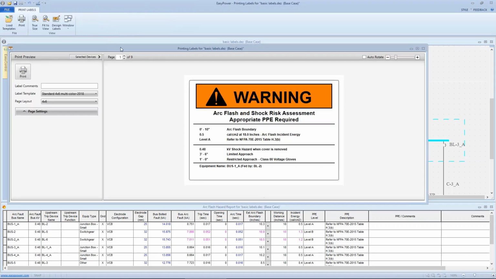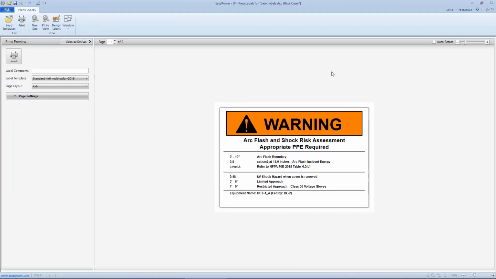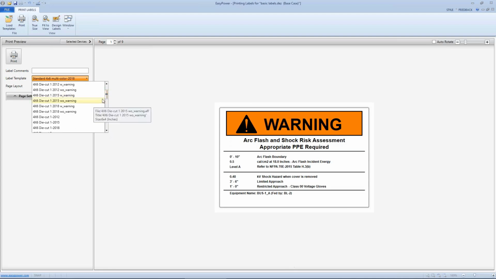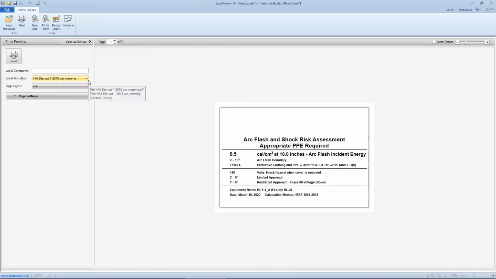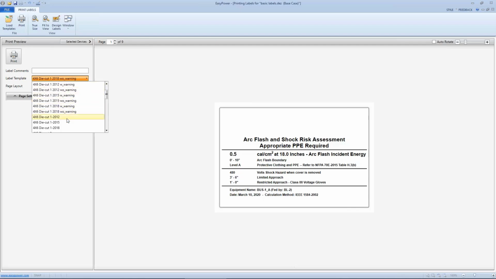And the first thing that comes up is a print preview window that has several capabilities to utilize the installed templates. We're starting off with a standard 4x6 multicolor, but we could have any one of 35 or 40 different standard outlines or templates that are included. This is usually displayed based upon the size of the label or whether or not we have the caution banner or the color banner at the top. Once I've selected the template that I want to use, I can then display it,